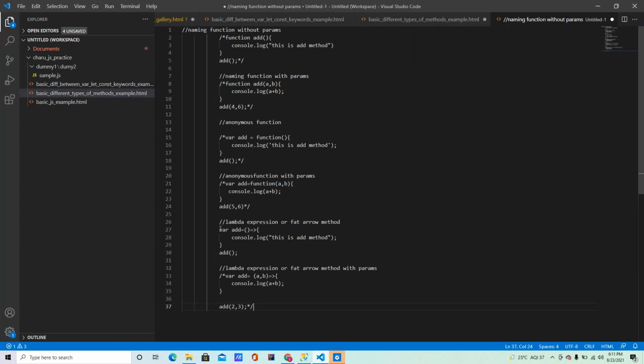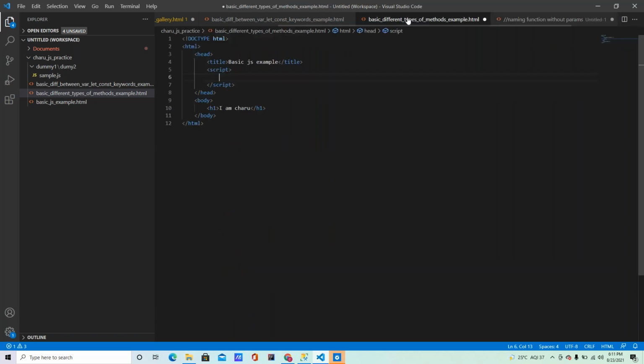So is there any code optimization possible by using a lambda expression? Yes, not that much, but a little bit we can do code optimization.